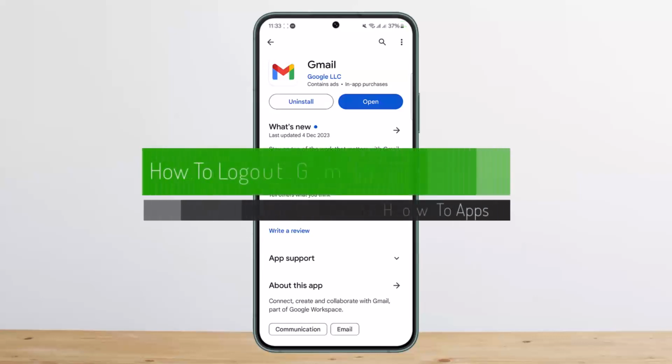How to log out Gmail from phone, or how to log out or sign out of your Gmail account on